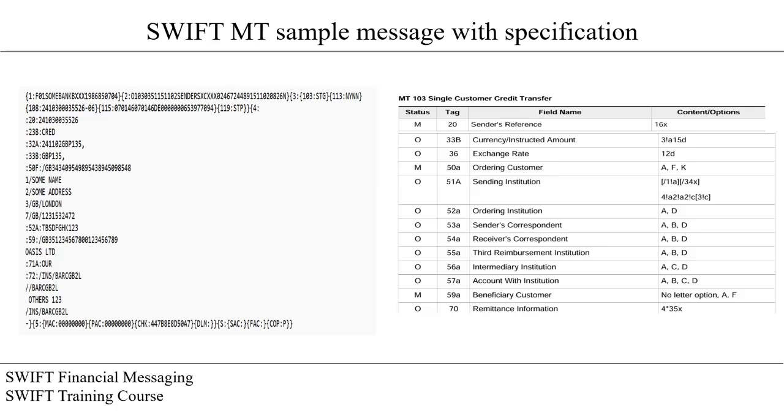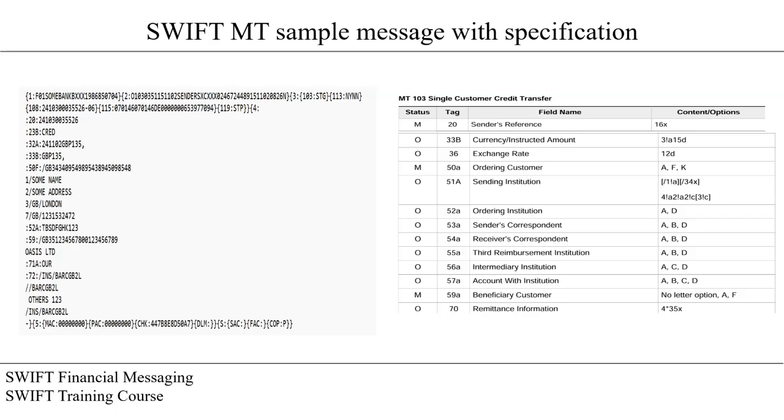So if you go back to the message on the left, you can see the specific fields from field 20 up until field 72. You can see the header tags, block 1, block 2, block 3. Remember I said block 3 will contain the code for the COG that is used to process that message. So in this instance, it is a business code called STG, which stands for